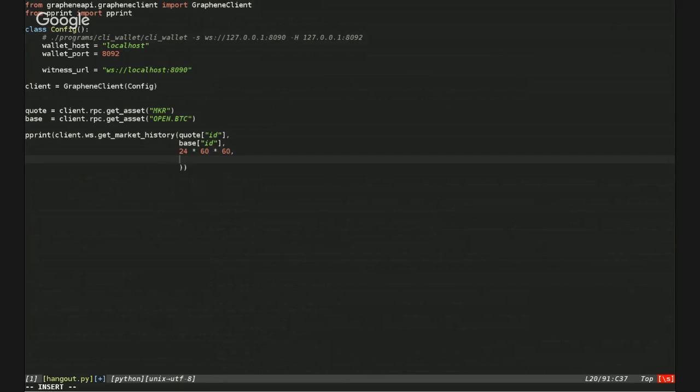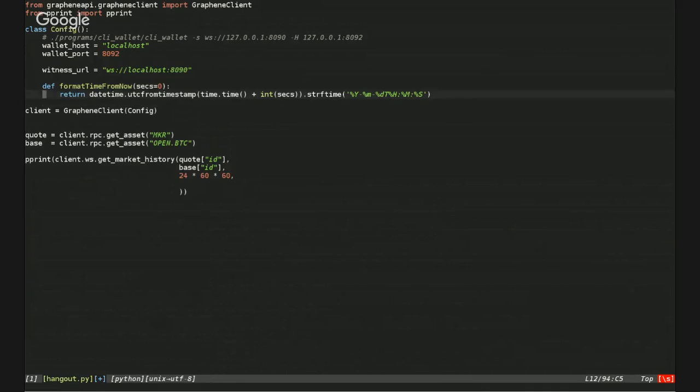Now there's a starting time and an end time. In order to make it a little simpler, I have a method here that I'm going to paste. This method does nothing more than format a time in the proper, standard way of formatting time. It looks like this: a year, month, day, then there comes a T, then hour, minute, seconds, but I don't want to deal with that,